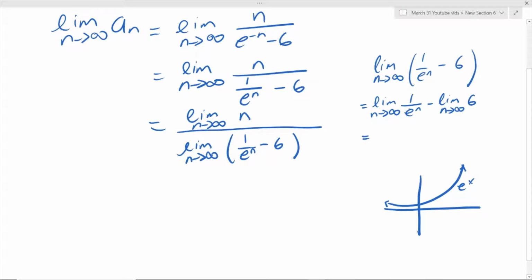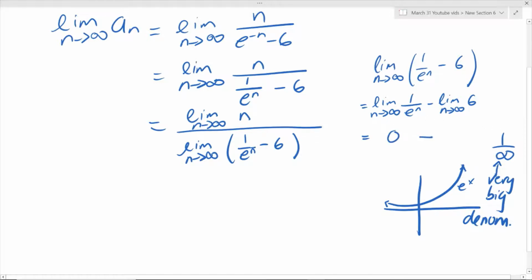That would mean that this bottom right here, you can think of it like 1 over infinity, because e to exponent n is going to infinity. Well, usually people don't write this, but you can say that it's a very, very big denominator. So with a very big denominator and a very, very tiny one in the numerator in comparison,